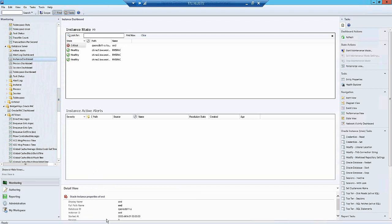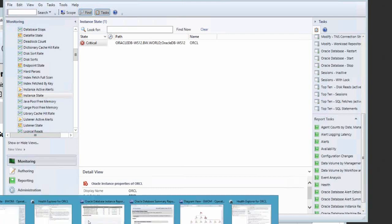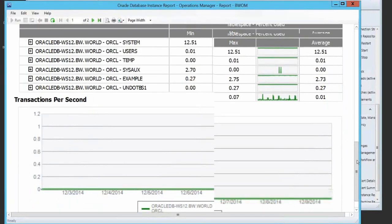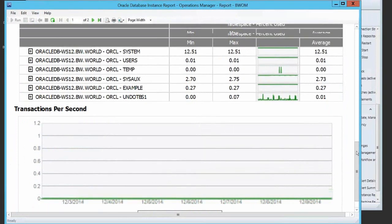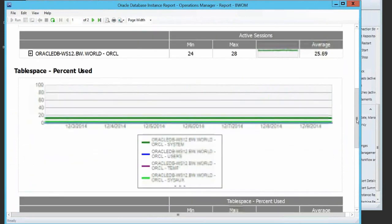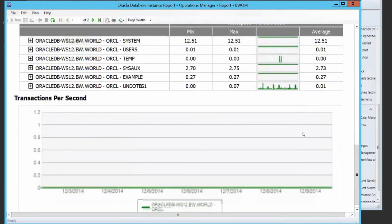Another thing we provide, of course, is reports. So we'll bring up some reports here. Just go back to this environment a minute. We provide several reports, one of them being the Oracle Database Instance Report. This is where you can zero in on one or more instances over a period of time that you specify, and a particular element. For instance, you may be looking at the buffer cache or the transactions per second,